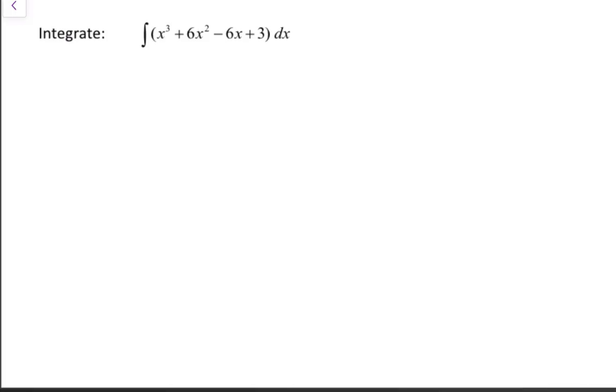In this video, we're going to take a look at a couple of examples that utilize the rules of integration that we talked about in the previous video. And of course, one of the most common rules that gets used is the power rule. So when I take a look at a problem like this, where I'm asked to integrate a function with respect